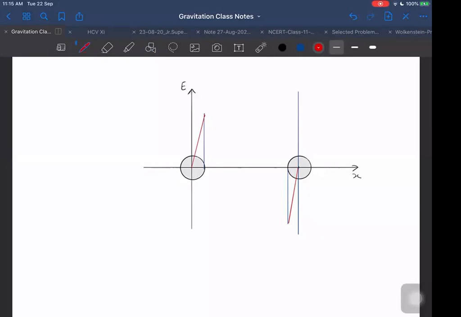So now from here, somewhere it will be 0 also, and then it will be decreasing up to that, and then it will re-increase on the other side. Something like this. Here is the null point where it cuts through the x-axis. There it is a null point because here the field is 0. So this is M1, this is M2, with radii R1 and R2. And then it attains some peak value, and then it again decreases. This will be the graph.